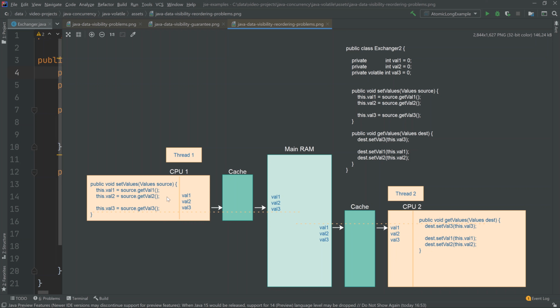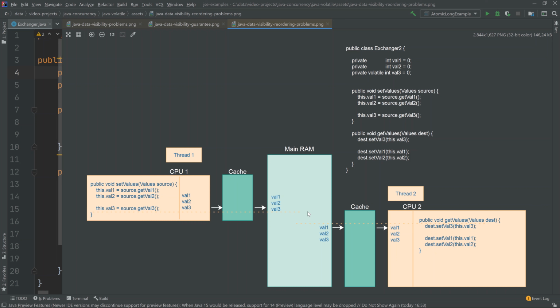Or over here, oh, it doesn't really matter in which sequence we read the values out of the values source object here and write them into val1, val2 and val3, and decided to reorder the instructions. Then obviously the time at which the values are forced written back to main memory and forced read from main